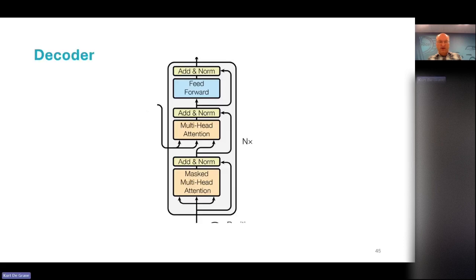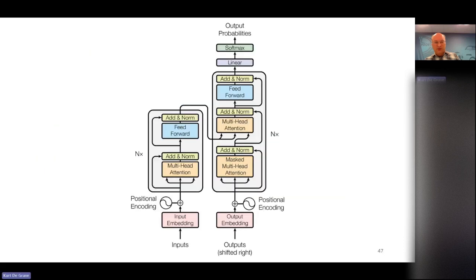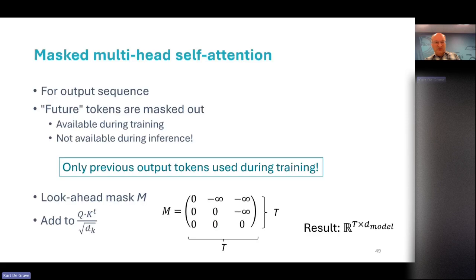But then we also have a decoder, the part that is processing the output. It looks largely the same, except that now up front we have masked multi-head attention. That's another smart innovation of the transformer architecture. That is, we can, I should go to the relevant slide first.